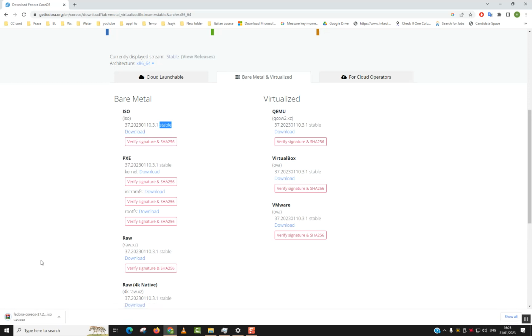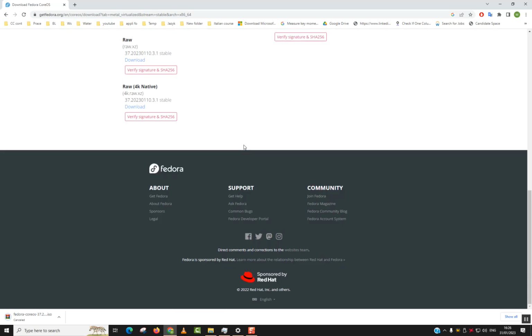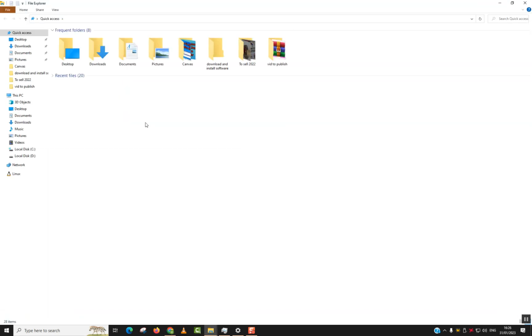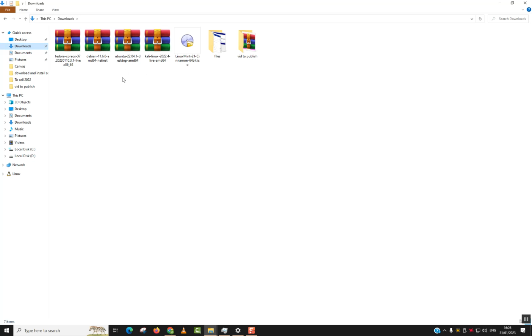I have already done that. And here the virtualized version works the best with VirtualBox, VMware, and QEMU. Now I will go to my download file since I have already downloaded it. And as you can see, I have Fedora CoreOS live version, which you can either run it from a virtual